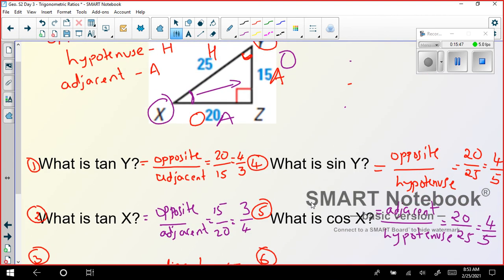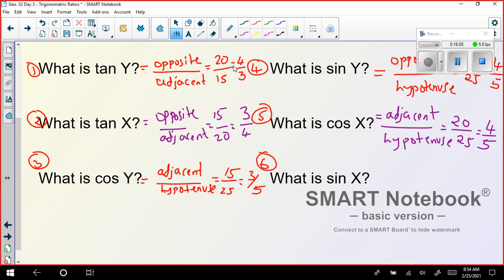For side x, the ratio is the length of the opposite side over the length of the hypotenuse. The length of the opposite side is 15 and the length of the hypotenuse is 25. So 15 over 25. I'm just writing opposite over hypotenuse. In short, instead of writing length, opposite over hypotenuse